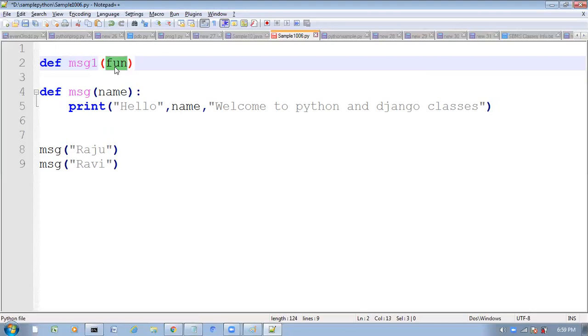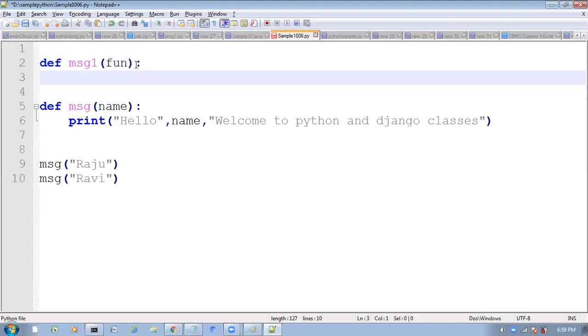The formal parameter can be anything we like, so here I am taking fun. Fun is the input function. Message1 is the decorator function, and to that decorator function we have to pass a function as the argument. So here, this fun is the function I am passing to the decorator message1 function. Understood? Now here, inside this,